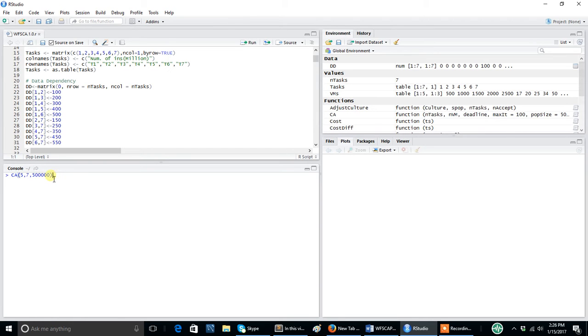You can also specify some arguments and factors like crossover rate, mutation rate, number of iterations, and so on. If you don't assign them here, by default the program assigns them. So once I run this one,